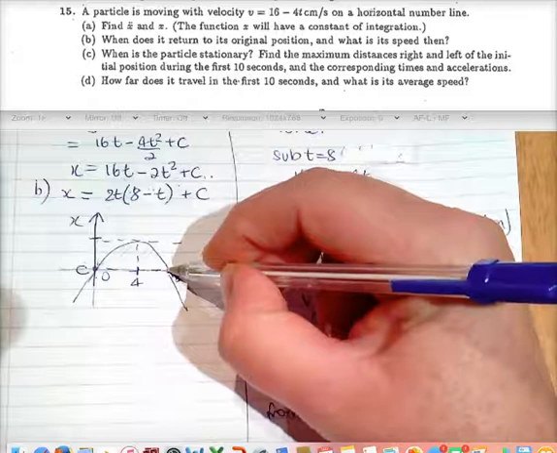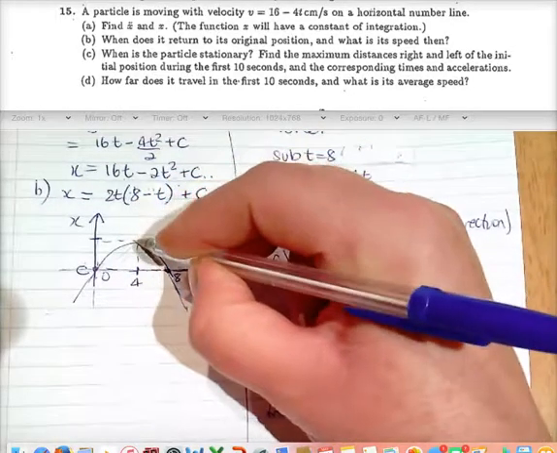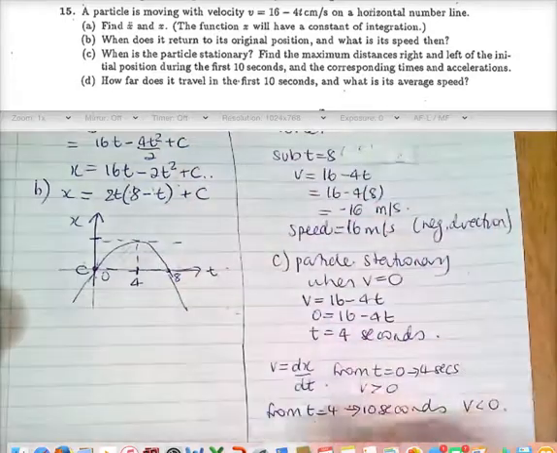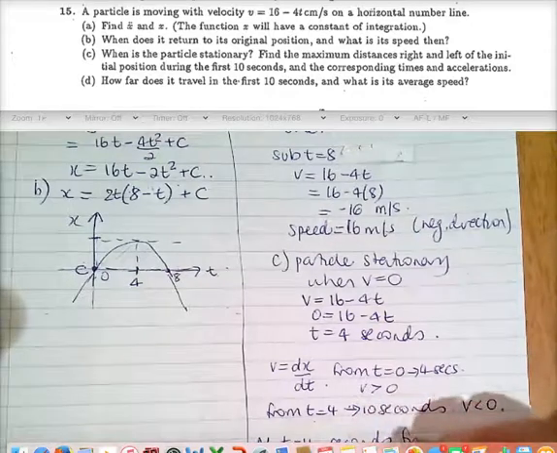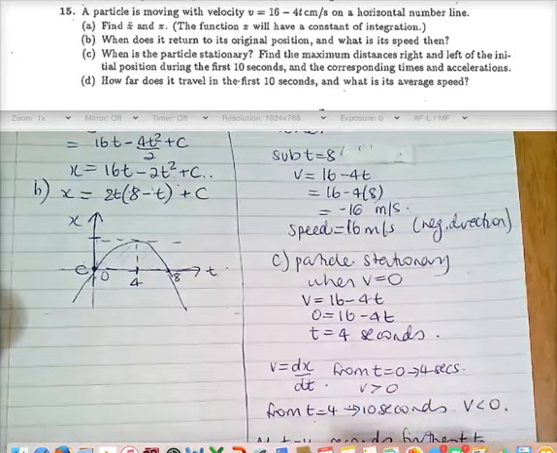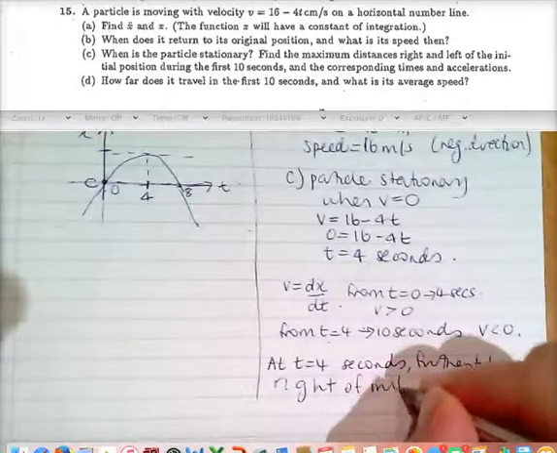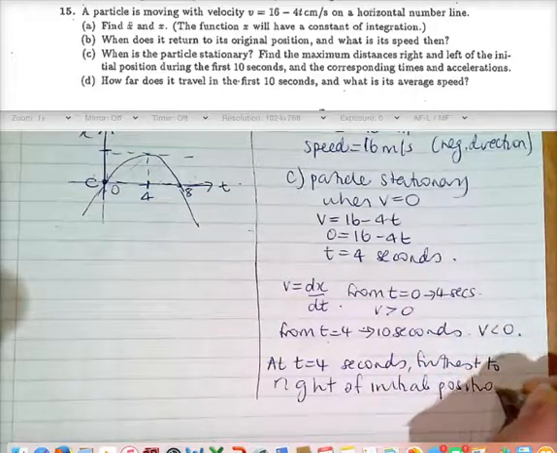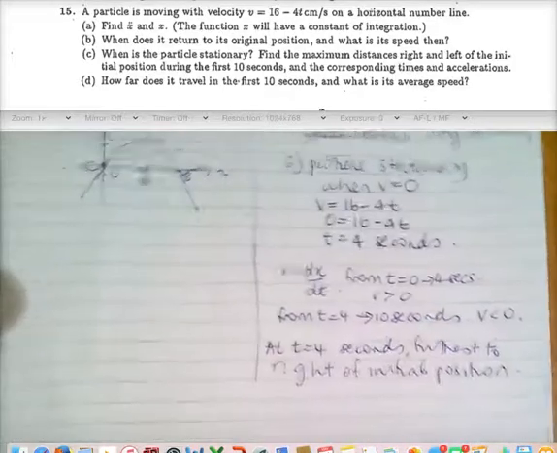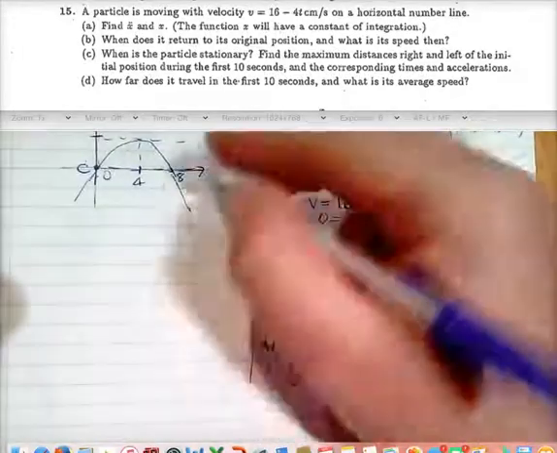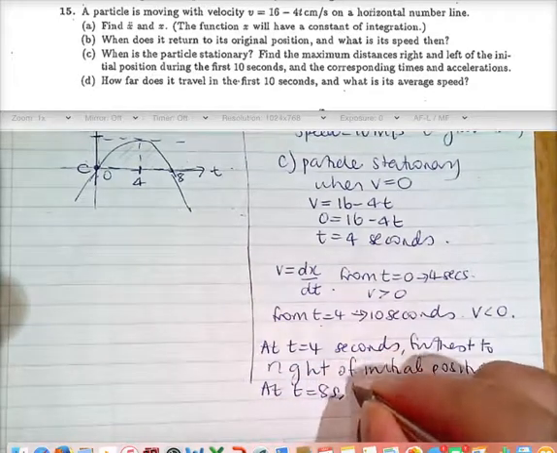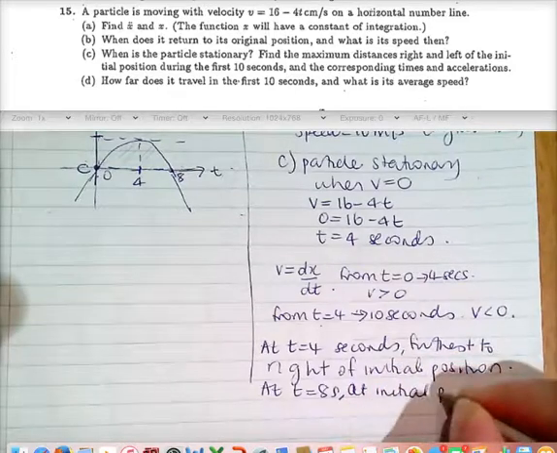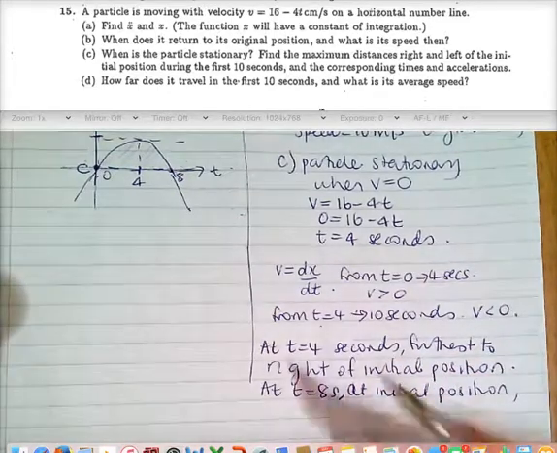You'll be furthest to the right of the initial position at time equals 4 seconds. Now, at t equals 8 seconds, you're back at the initial position, okay? So at t equals 8 seconds, you are at the initial position, and you keep traveling in that left direction,